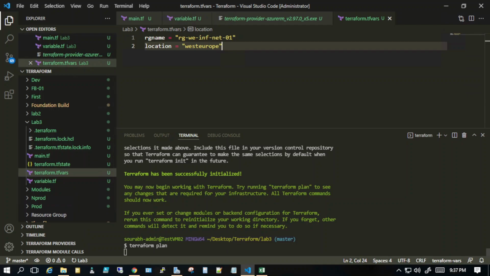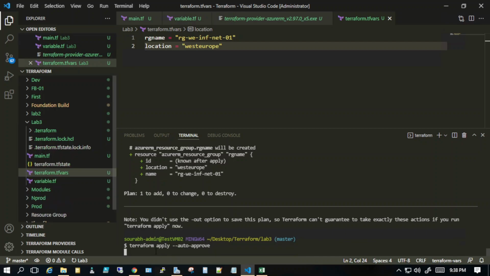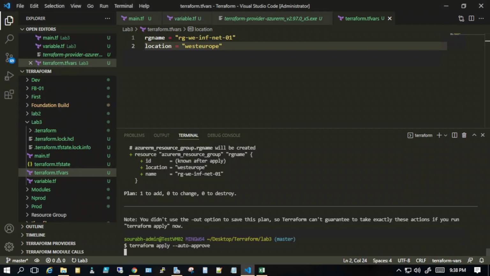So as you could see, it has created tfstate.lock as well, right? And tfstate files when we initiated it, right? So you could see that when we have initiated Terraform plan, it says one to add. So let me just apply and create a resource group again, and that would be a different name, because what I've done is, so that this was the idea of